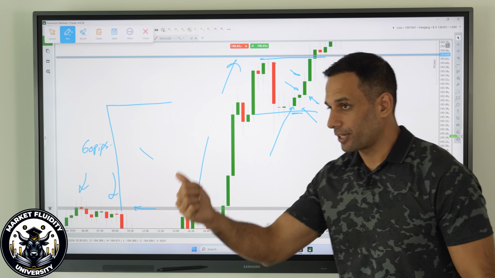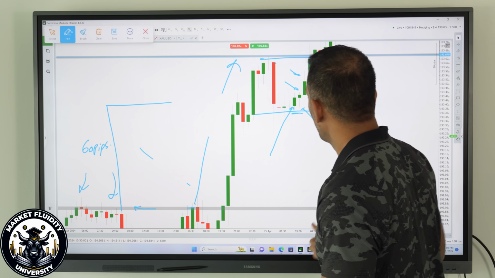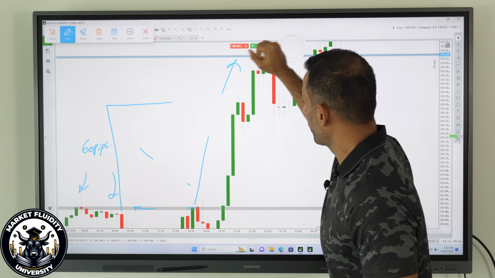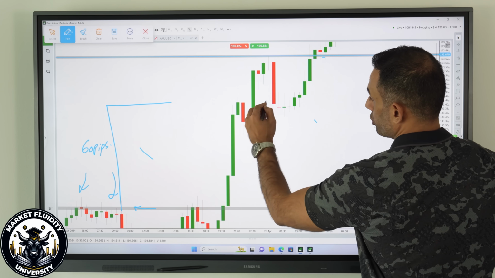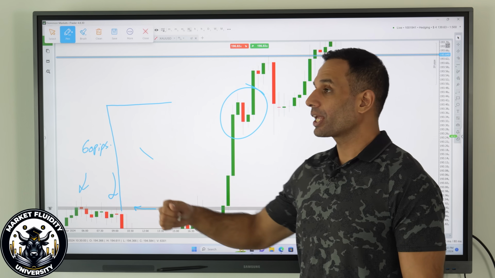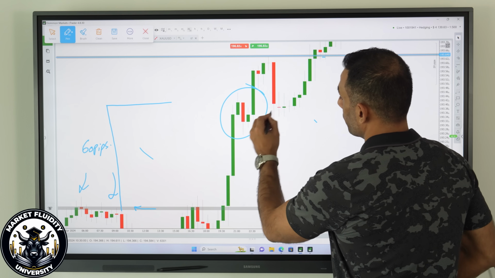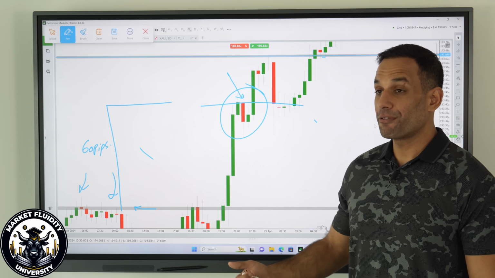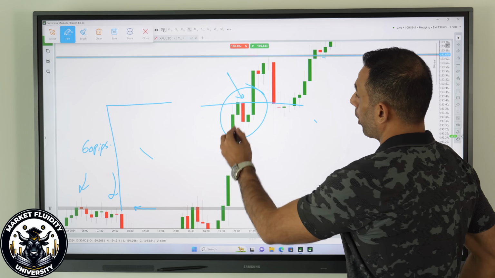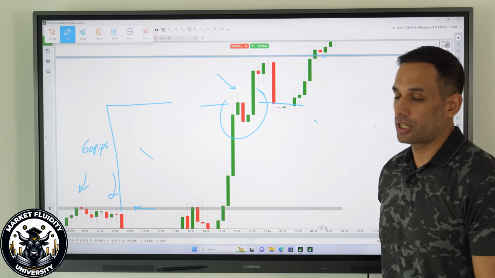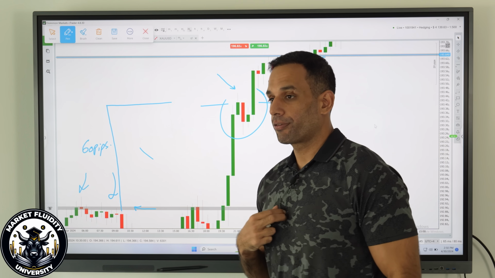The second case is where we don't have a pullback, where we have a situation like this. When a situation like this happens, you're either looking at a candle closing above this area, right? If you don't get it, then you're looking at possible impulse entries as we break above this wick to the left-hand side. So these are different scenarios.